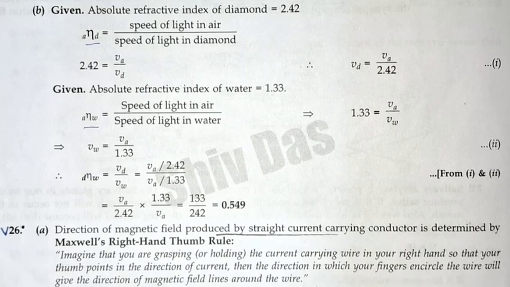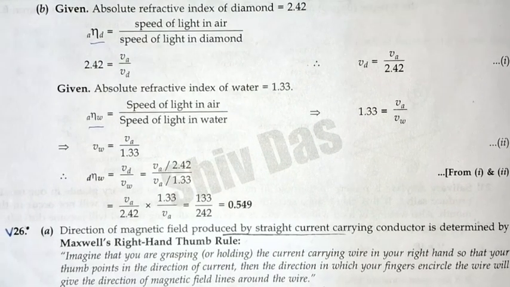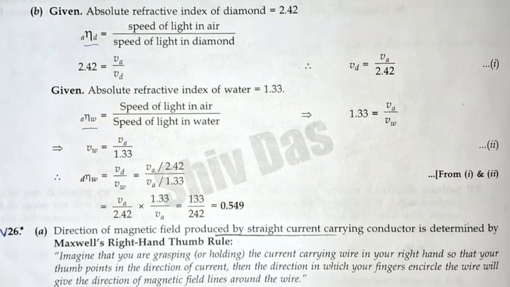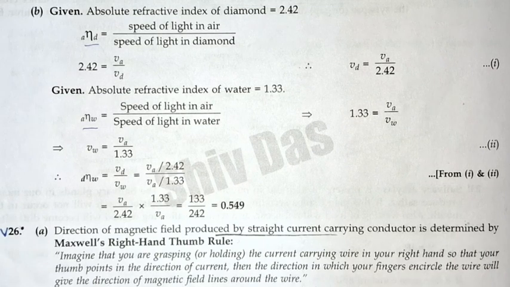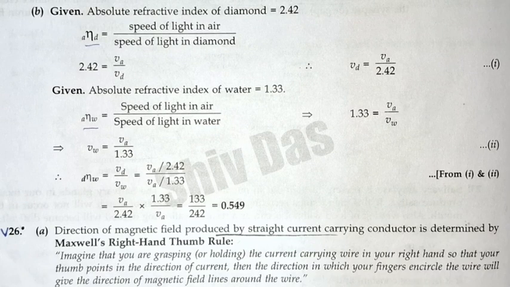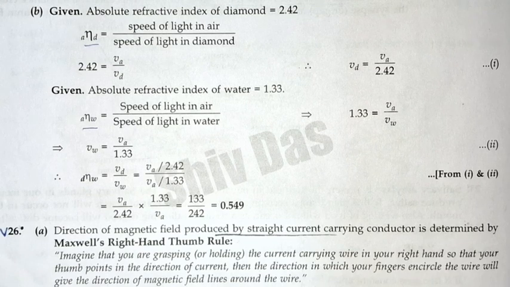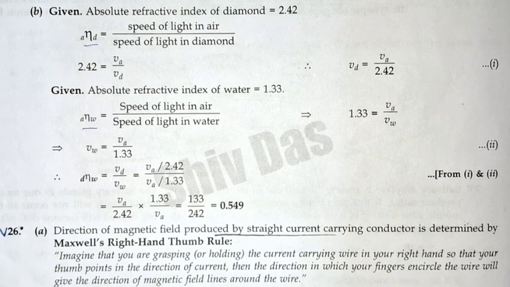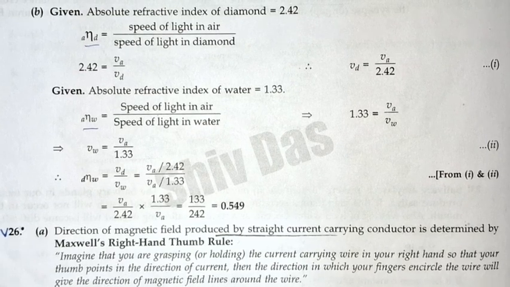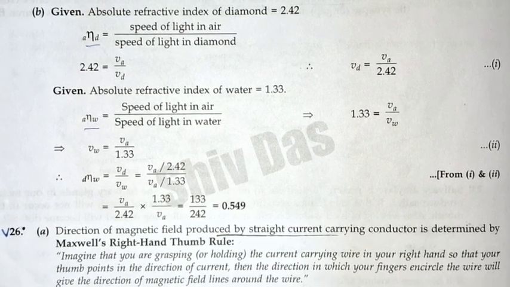absolute refractive index of diamond is 2.42, speed of light in air upon speed of light in diamond is 2.42, equal to Va upon Vd, equation 1. Absolute refractive index of water is 1.33, speed of light in air upon speed of light in water, equation 2. Then we will equate equation 1 and 2. Vd upon Vw is equal to Va upon 2.42 upon Va upon 1.33, that is 133 upon 242,